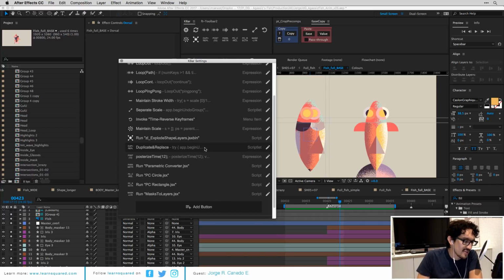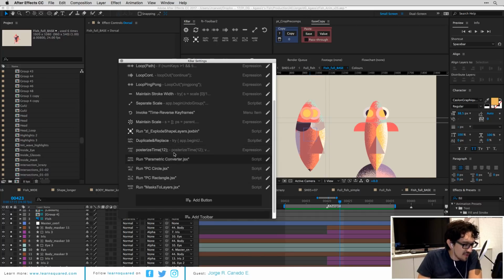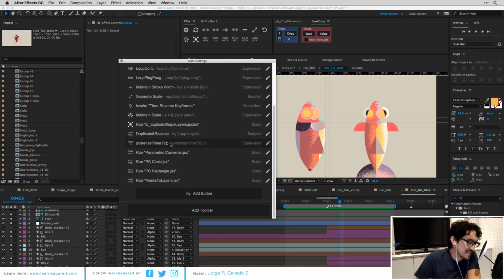Expose shape layers. And these ones are more specific for some projects, like I had a project where I had to create so many different comps with different text animation. So I would just duplicate and replace. What it did is duplicate that comp on the project, add a number to the end, and then replace it with the layer that was duplicated. So it's for when you need to duplicate them a lot, and each one needs to be unique somehow. Posterized time,